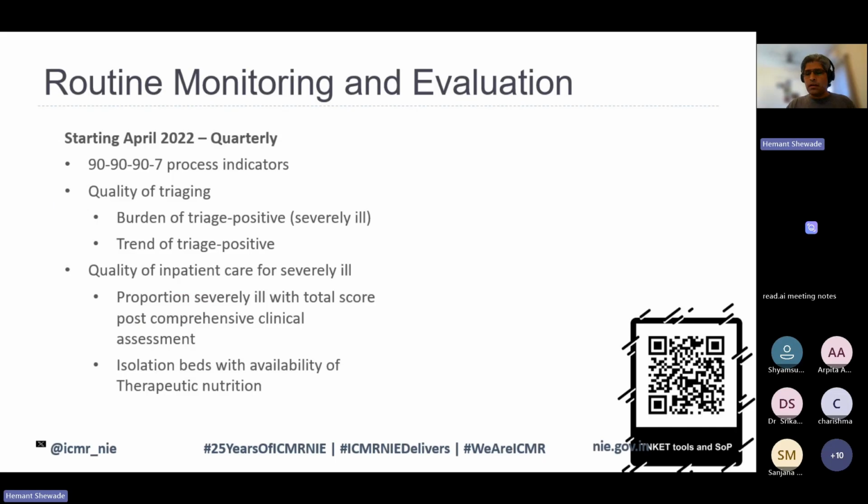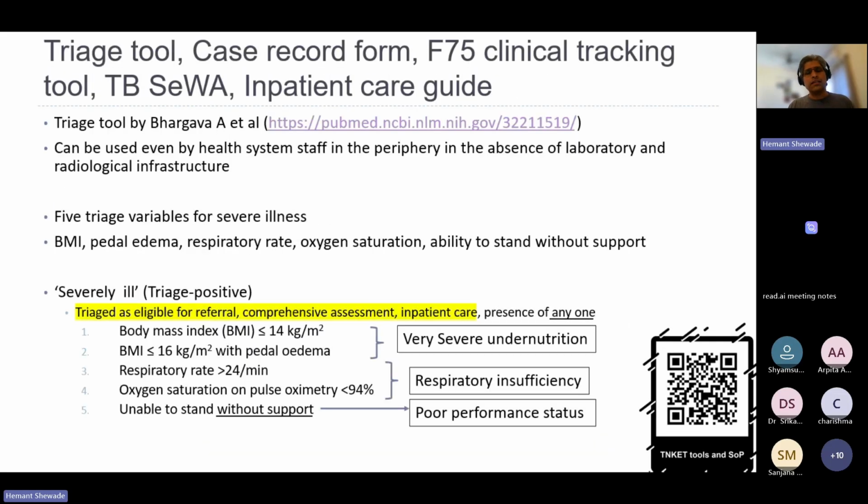So, before I get into that, please note that these 5 triage variables were included as a part of baseline characteristics for any adult with TB. Now, why we focused on adult with TB is because for pediatric TB, there was already guidance within the program that if a child is presumed to be TB, they are referred to a pediatrician, or if a child has confirmed TB, they are also referred to a pediatrician.